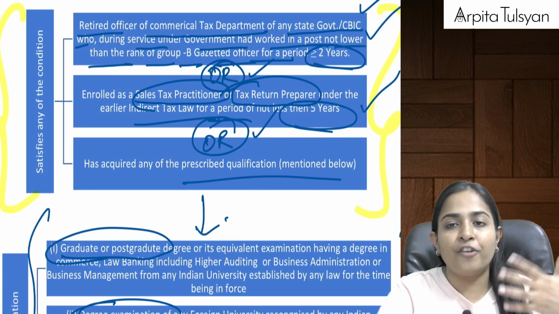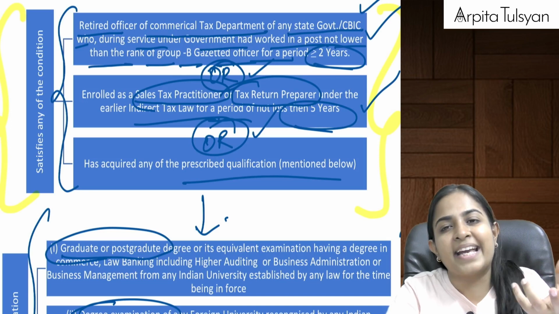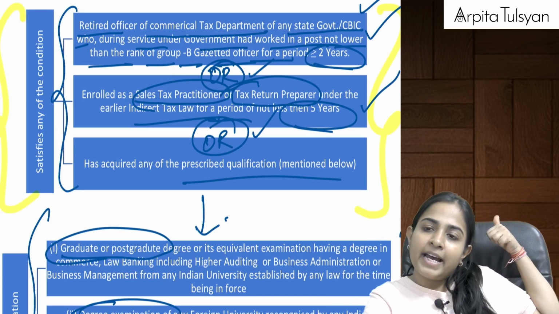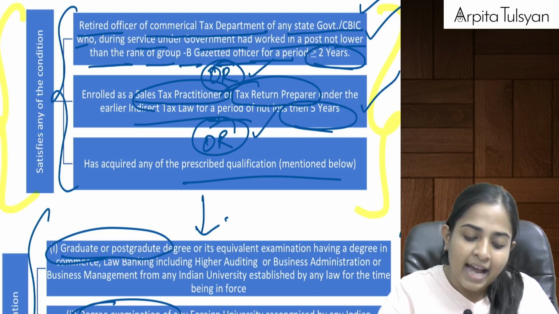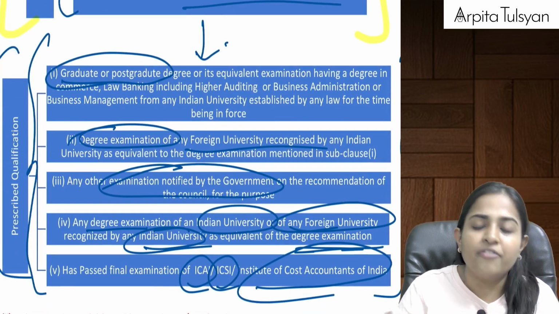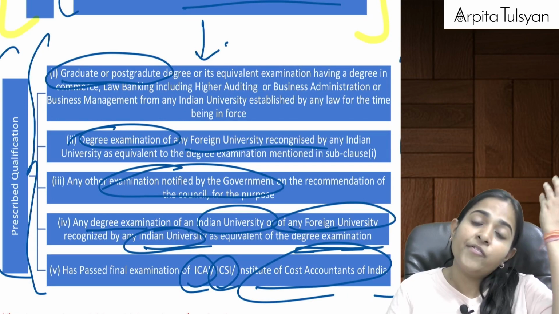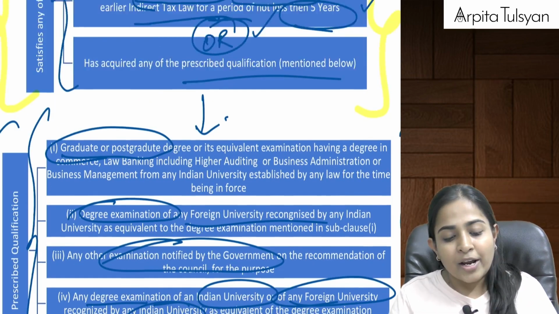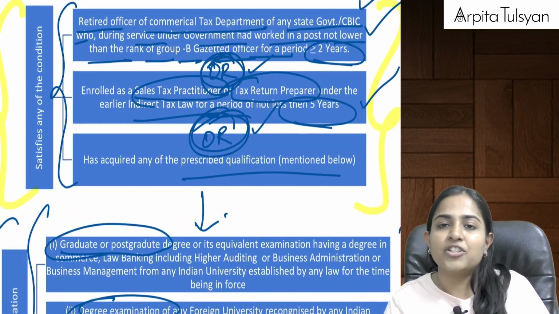Then he should be fulfilling any one of these three conditions. Either he can be a retired officer of any tax department where he has served as a gazetted officer not below the rank of Group B for at least 2 years. Okay, or if he was enrolled as a sales tax practitioner under the old law for at least 5 years. Okay, or if he has any of the below mentioned qualifications, that is either he is a graduate, postgraduate, or he has obtained some notified degree, or he has cleared the CA final, CS final, or the ICWA final examination. Okay, if any one of these three conditions is fulfilled, then that person is eligible